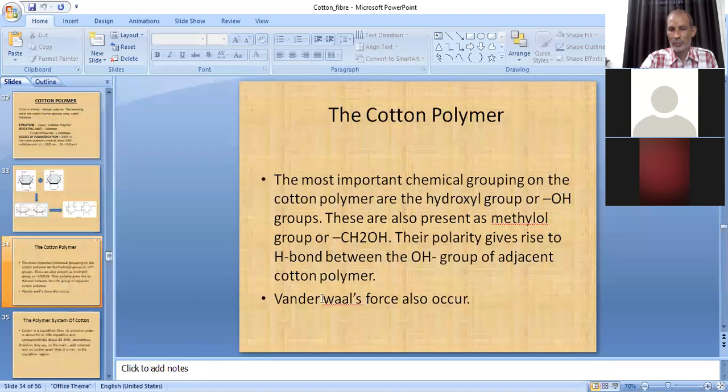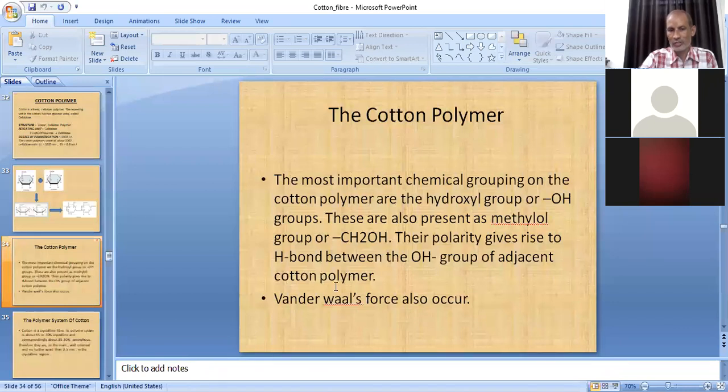Wherever the gap or the space between the polymers is less than 0.5 nanometer in any fiber, van der Waals forces are created. However, van der Waals forces are the weakest force. Already we have taken different types of interpolymer forces of attraction in the first unit: van der Waals forces, hydrogen bonds, ionic bonds, and covalent bonds. Among these 4 types, van der Waals forces of attraction are the weakest. But if the number is very high, they have a significant effect on the strength of the fiber, and they contribute to the strength of the fiber.